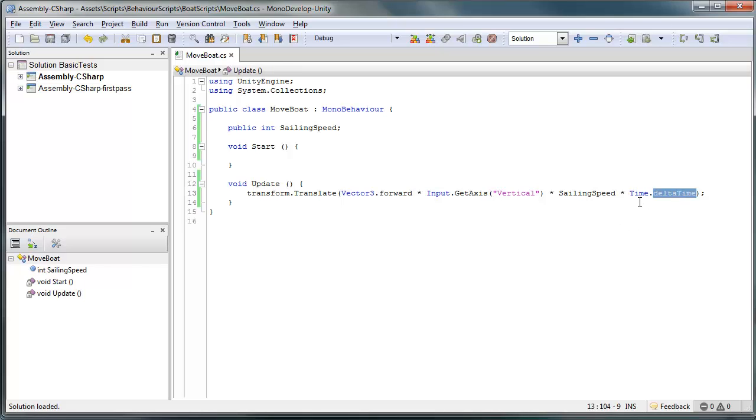And delta time here is taking the average timing of the frames, because this operation is executed for every frame, and if you would like to get a consistent experience along all the PCs or platforms you have. For example, you can have a slower PC, you can have a faster PC, and if you would like the